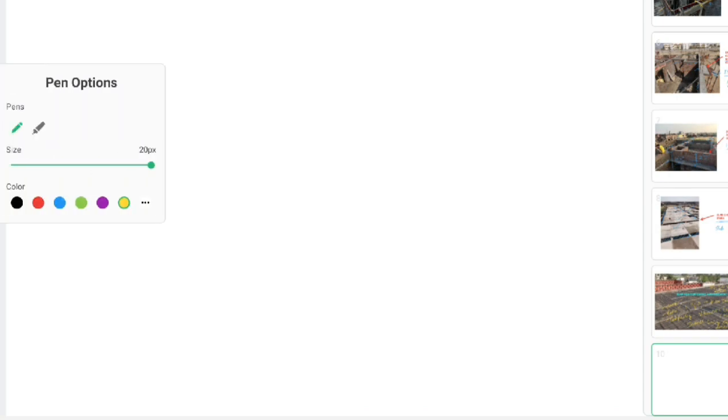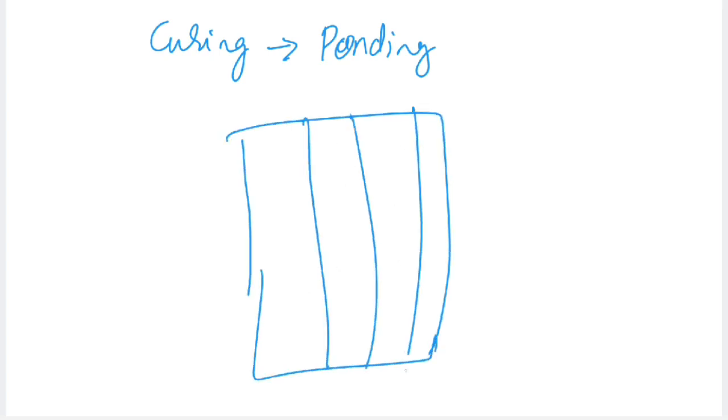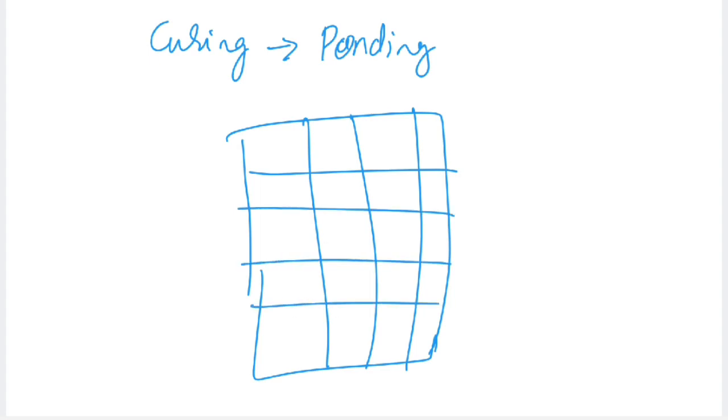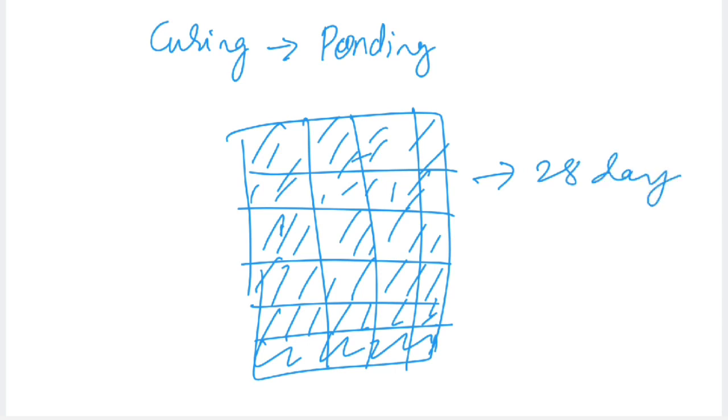Curing is another major important thing. For that you need to go for ponding, ponding on the slab. If the slab is casted, using some mortar, cement mortar, we will do ponding so that we can store water in the ponding for the curing purpose. Once the curing is done properly for 28 days, we can easily achieve whatever the target strength is. Once it is achieved, it will be safe.